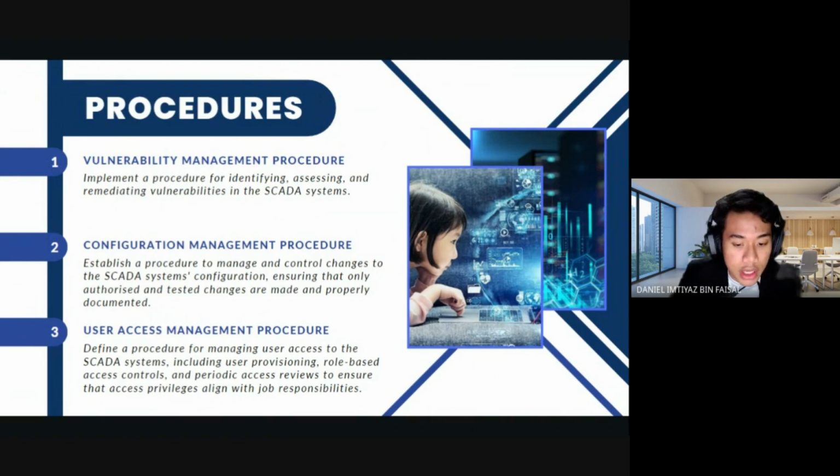Regular access reviews are conducted to verify that access privileges are still appropriate and aligned with job responsibilities. The procedure also includes the revocation of access for users who no longer require system access. By implementing effective user access management procedures, organizations can prevent unauthorized access, minimize insider threats, and maintain the integrity and confidentiality of SCADA system. Next, I will pass to Naufal for control.